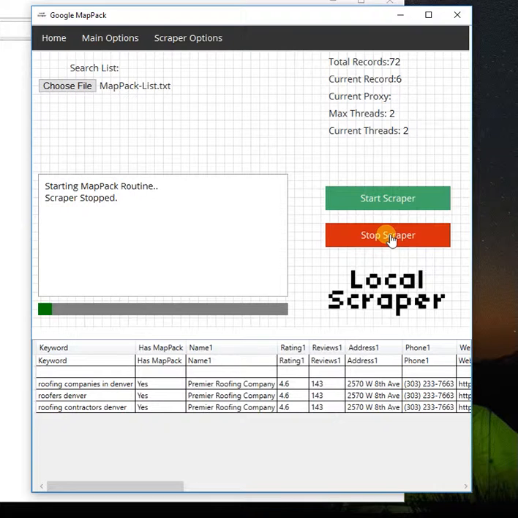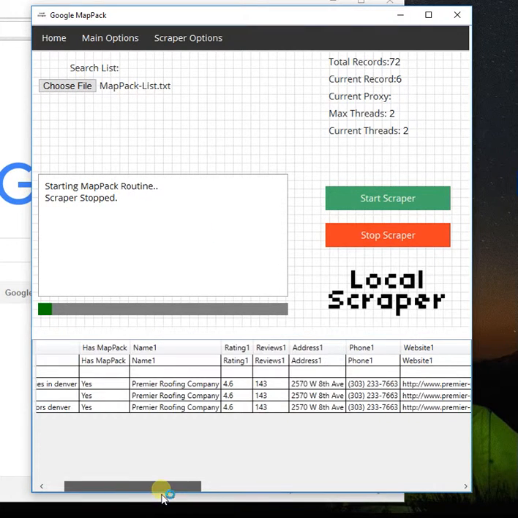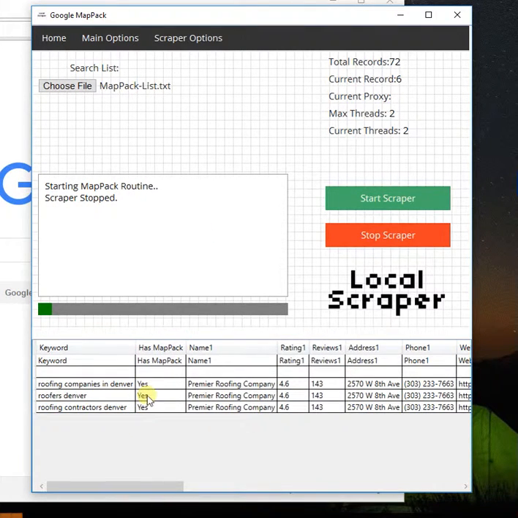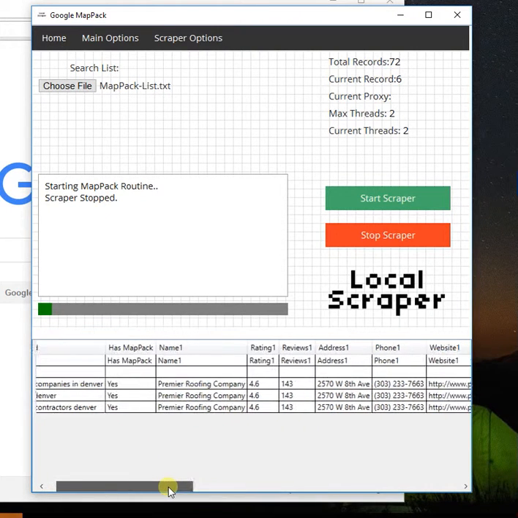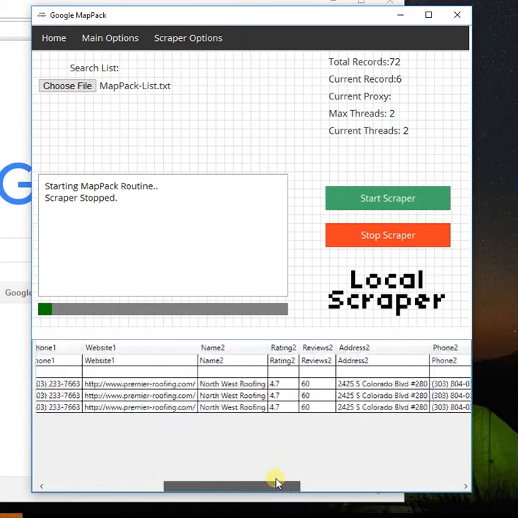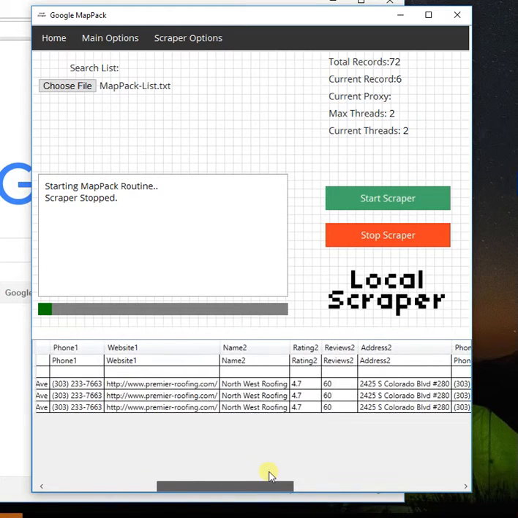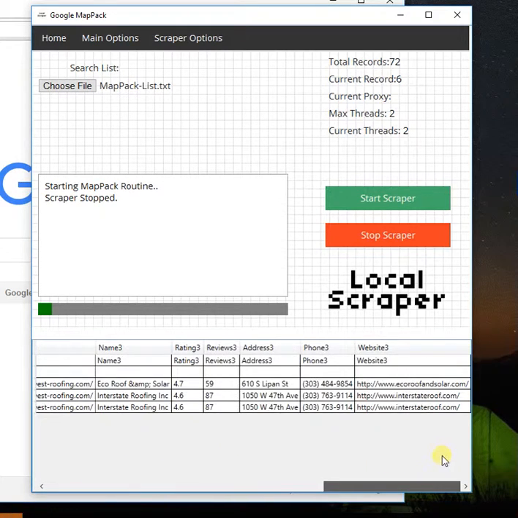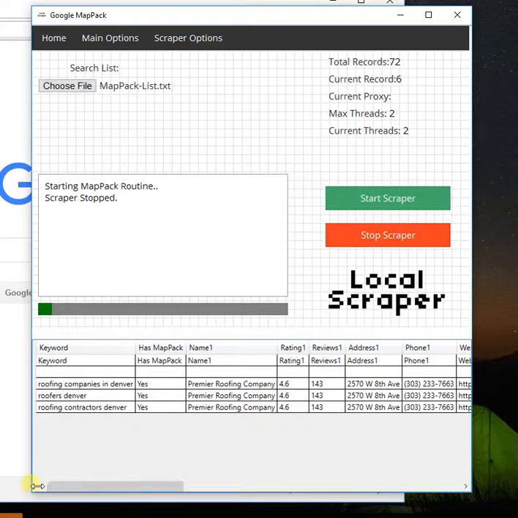So I'll just stop it now. And you'll see the information we're getting. Yes, this term has a map pack. And then we're getting the details from each business in that map pack. So the name of the first company, second company, third company, and then their details that they give on that